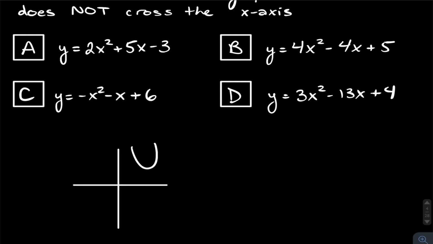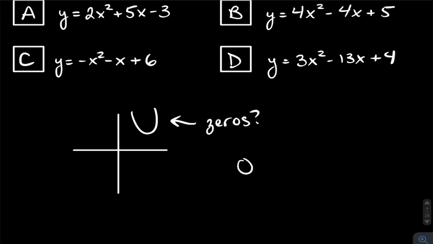And we could have a parabola sitting like that, right? And it's like, okay, well, what are the zeros of this? Because it doesn't end up crossing the x-axis. And so what you end up finding is that the zeros, if you set this parabola, let's say it's x squared plus 5x minus 3, right? If you have something like this, and you end up setting it equal to 0